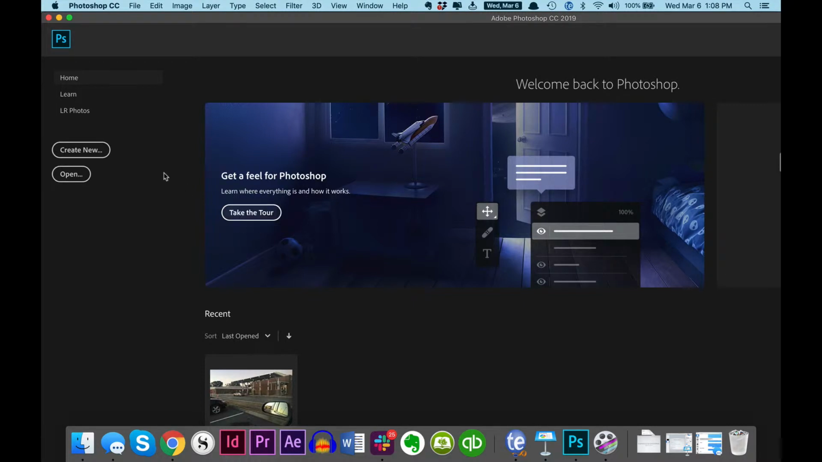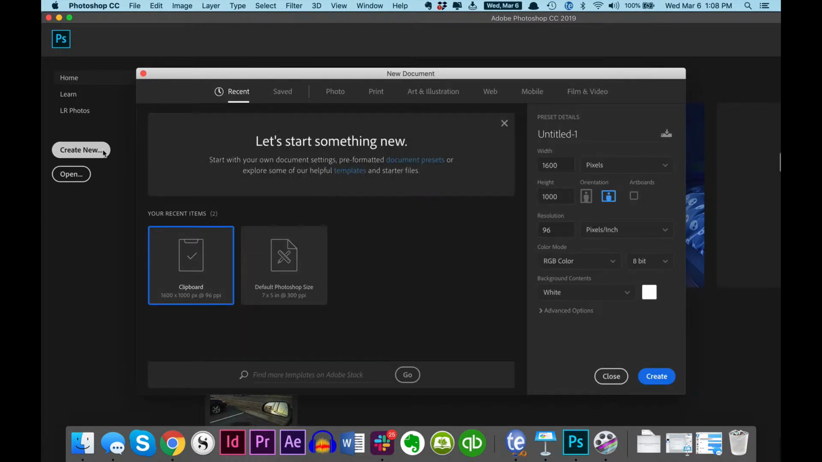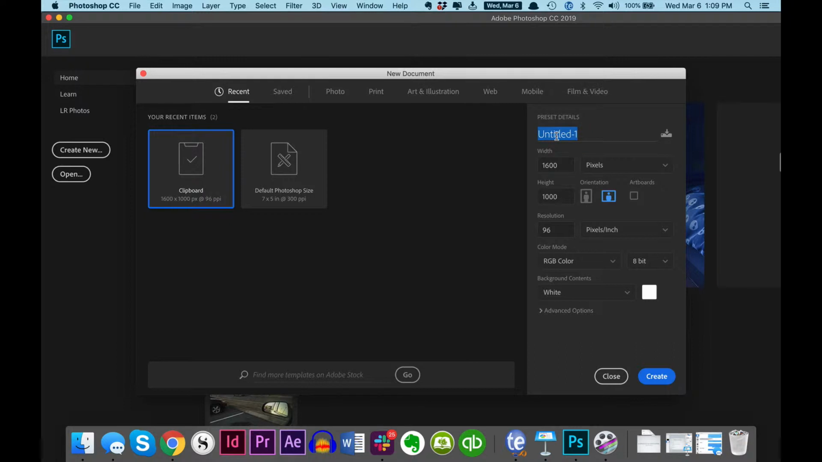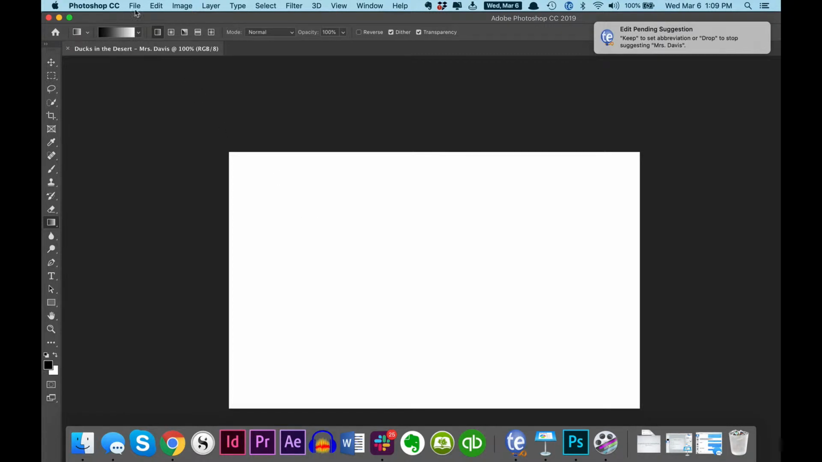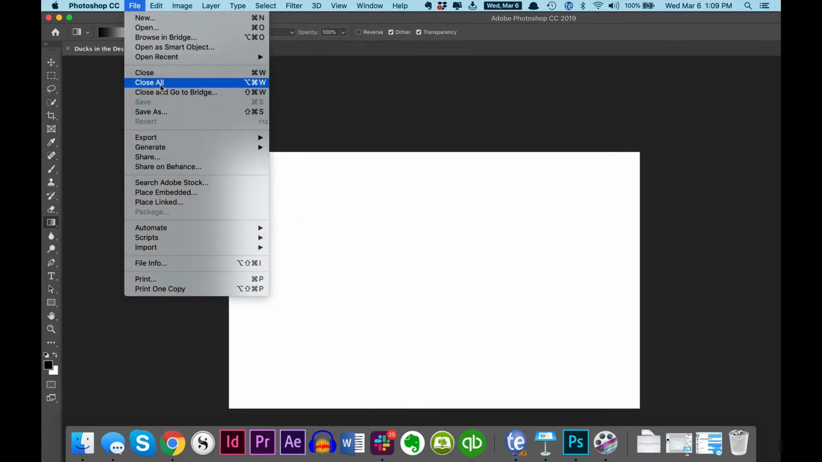So I have just saved the two documents onto the desktop, and we're getting ready to start a new project. I'm going to call it Ducks in the Desert and put my name on it. And I'm just going to click create. We'll see what happens. So the first thing I'm going to do is import